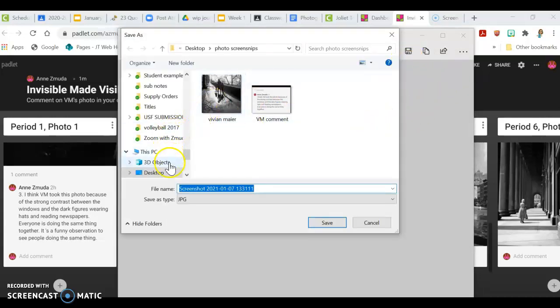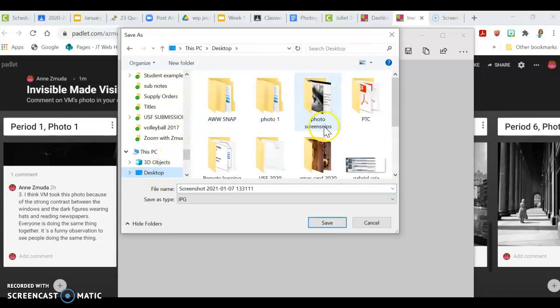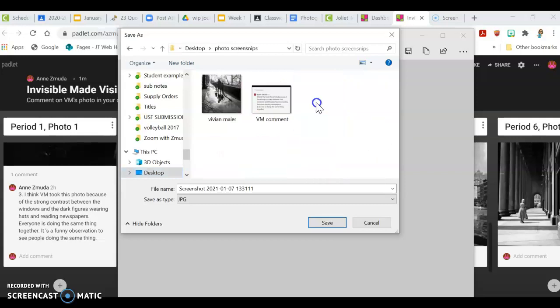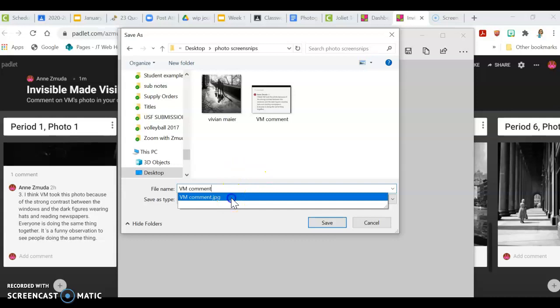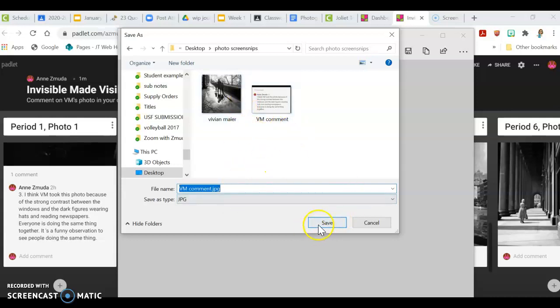So what I did before this was I created a folder on my desktop called Photo Screen Snips. I highly recommend that you do that as well. And so you can see I tried this out a little bit beforehand. But I would also recommend that you change the file name so that you know exactly what it is in case you need to look at it later. So VM stands for Vivi Admire and comment. It doesn't have to be very long. So I will probably just write over that one and